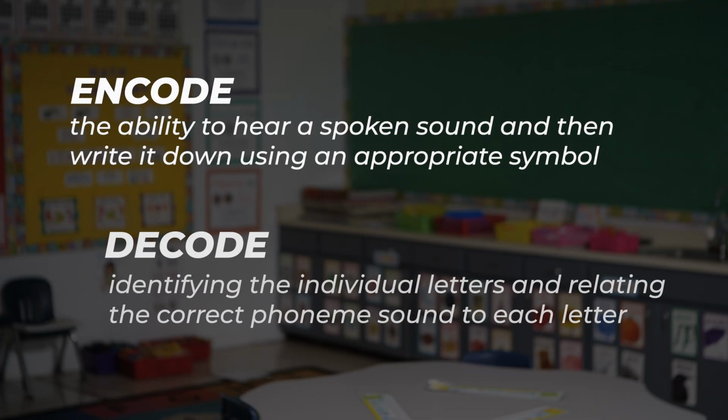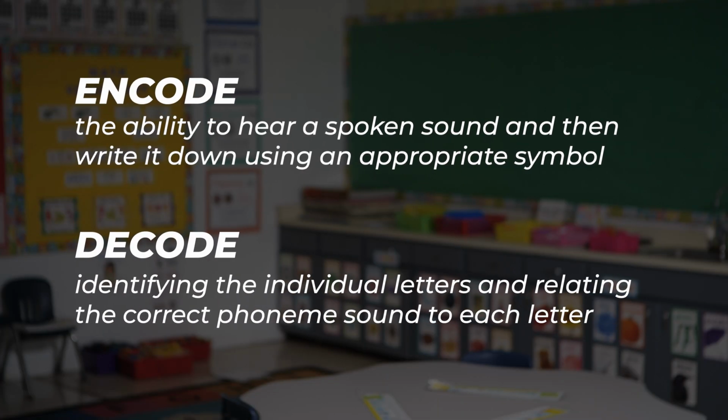Today, a first grade teacher and I will be co-delivering a phonics lesson. Our learning targets will be encoding and decoding with short O and consonant J. We will be using the science of reading methods during our delivery. In order for students to become proficient readers and writers, they must develop encoding and decoding skills at an early